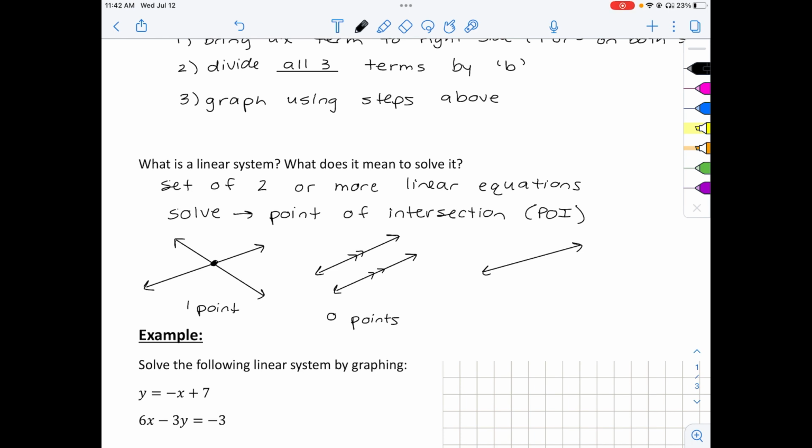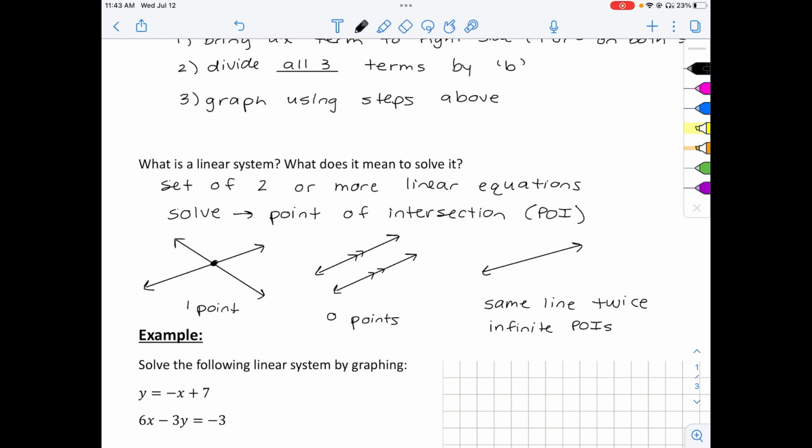So if it's the same line twice, essentially, like if you were to rearrange and you get the same equation, then there are infinite points of intersection, because every single point on that line is going to be the same because the line is the same. The most common solution that we will see is the 1 point of intersection, because that's what we can actually solve with the methods that I'm going to show you. However, occasionally we will see where there are 0 points of intersection with parallel lines when we're investigating shapes that are plotted on a Cartesian plane.